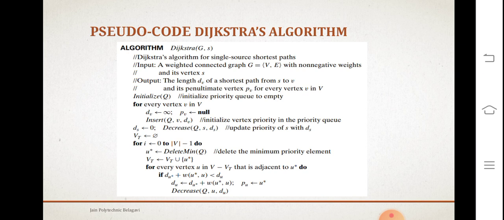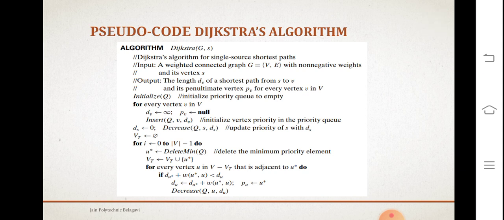Before doing those operations, we have to check one condition: if du star plus weight of u star comma u is less than du, then du is equal to du star plus weight of u star comma u, and pu is set to u star, and again decrease the graph's edges, that is Q u comma du from the given graph. So this is how the pseudocode of Dijkstra algorithm looks like, and the working of that,